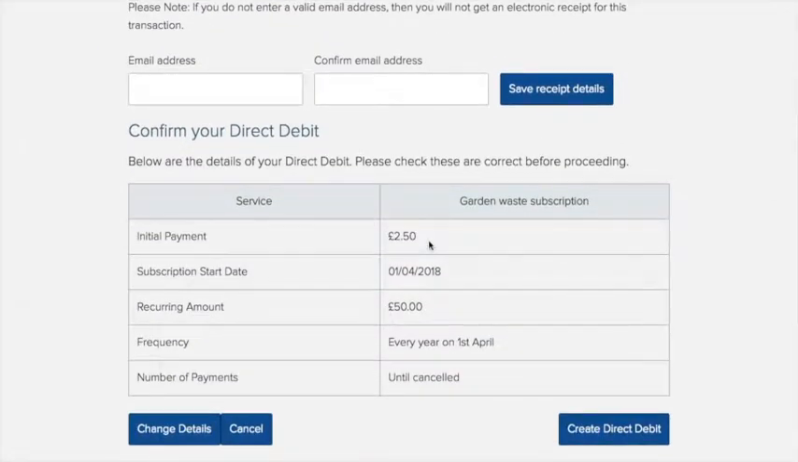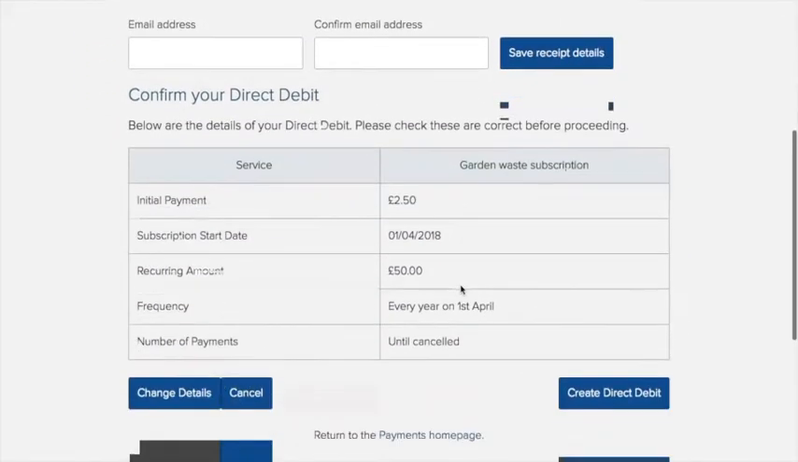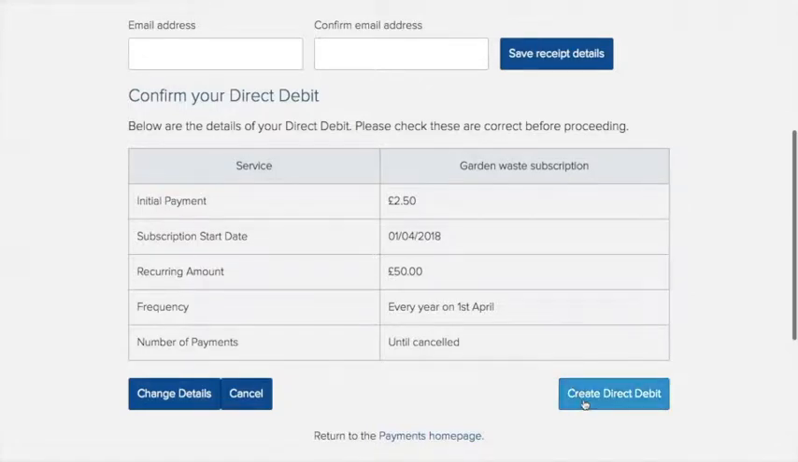This service has been configured in the background so that if I sign up partway through the year, I'll be charged a prorated amount until the next annual renewal. So the subscription start date actually starts on the 1st of April. But my initial payment to take me up until the 1st of April is £2.50. And then after that point, it's £50 recurring every year until I cancel it. So we can have a look at what we're signing up for, review it, and then